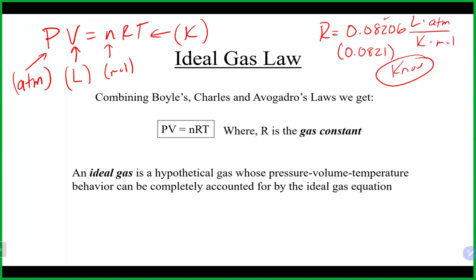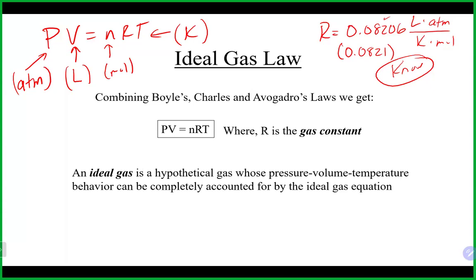It's more about where it's flying around. And that's why when we think about gases, we think about them filling the container uniformly, because they're flying around the entire volume of the container. The second thing that makes something an ideal gas is that you could have multiple gases together in the same container, and under ideal conditions, they basically will not interact with each other. It would be almost like they are in that container by themselves, not with any other gas. So those are really the two main things that make something an ideal gas. Under normal conditions of pressure and temperature, most gases will behave pretty ideally, and in this class, all gases will behave ideally.